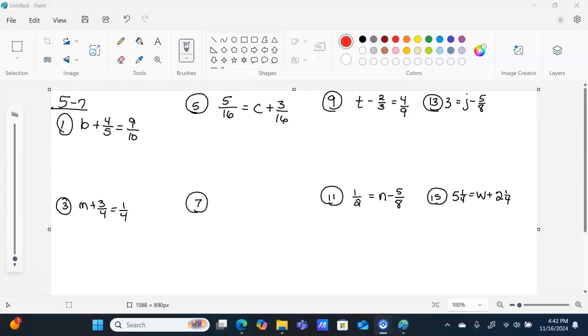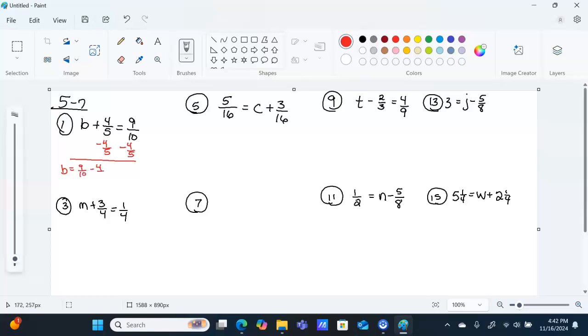In this video, we're checking the homework in 5-7. We have b plus 4/5 equals 9/10. So we're going to subtract 4/5 from both sides. So what we end up with is b equals